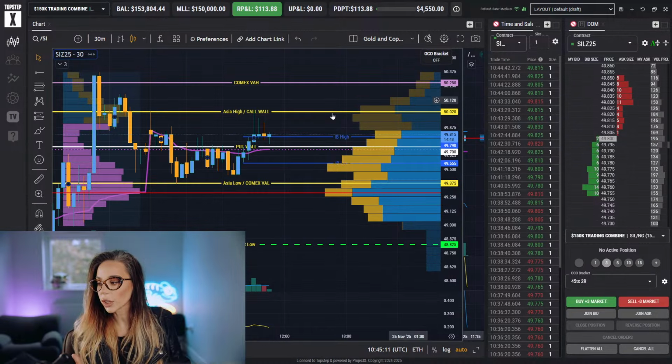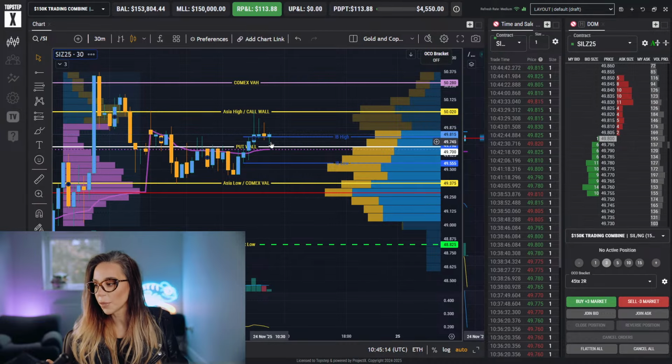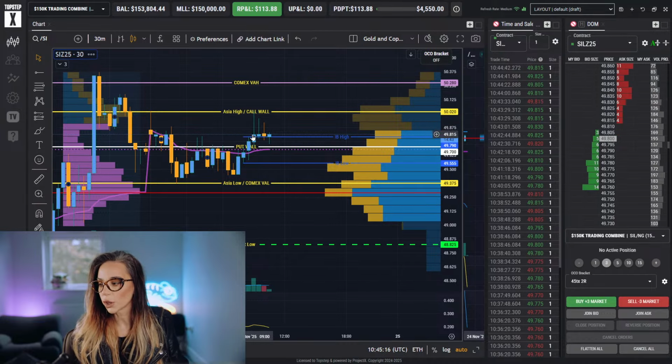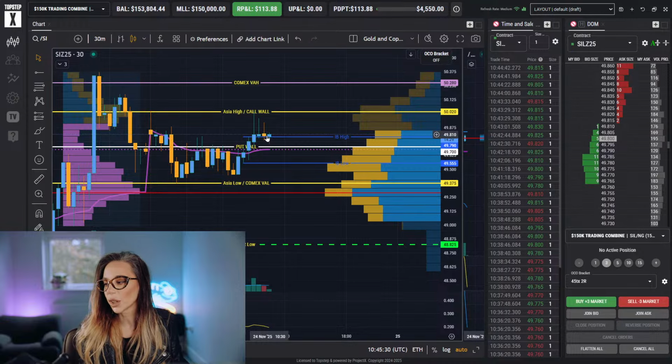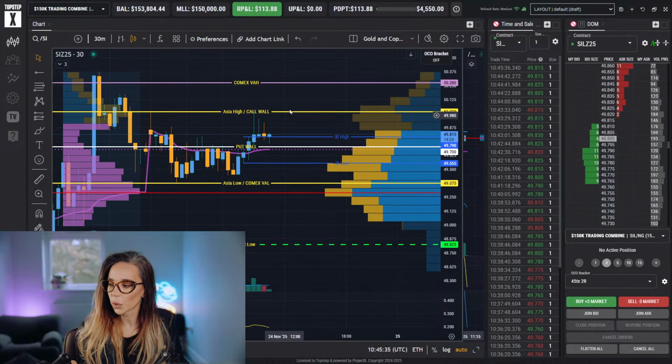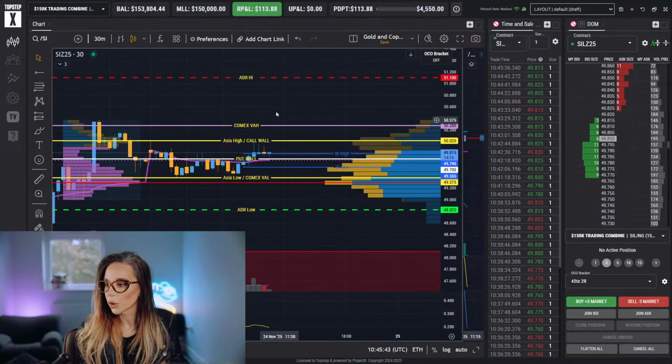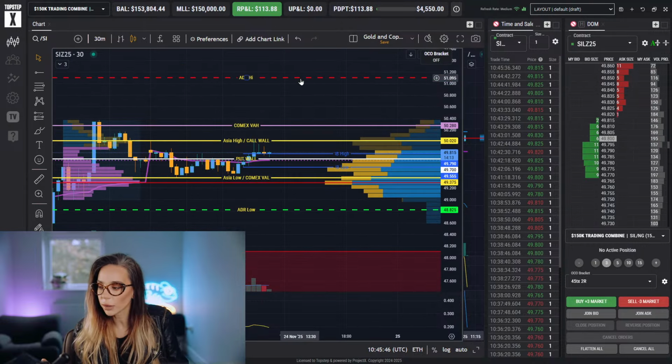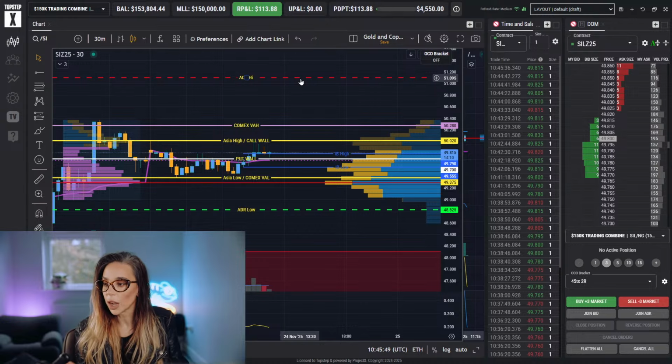So an alternative to the neutral day fade here, if I don't get it, would be to maybe just join this auction. I don't like the risk here, and I don't like the double top. We had the poor highs. But we can also expect that maybe, just maybe, as a lower probability trade, we just go higher as a break of the initial balance, test of the initial balance high, and a continuation towards the ADR high, which is all the way up here at 51. It could happen, right? With a trend, we're coming away from demand. So that would be one of my hypos.